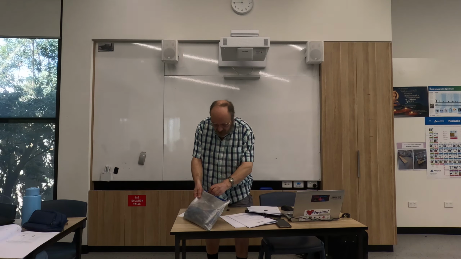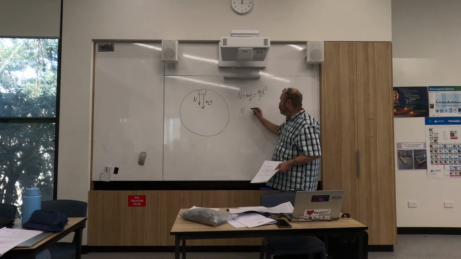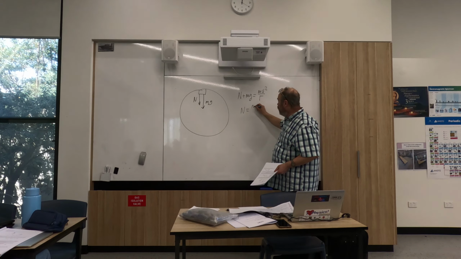So at that point we have forces acting. We have N and we have mg. And they add up, because it's circular motion: N plus mg equals mv squared on R. So if you find the normal reaction, because that's the force the track exerts on the car, N equals mv squared on R minus mg. If you substitute numbers,